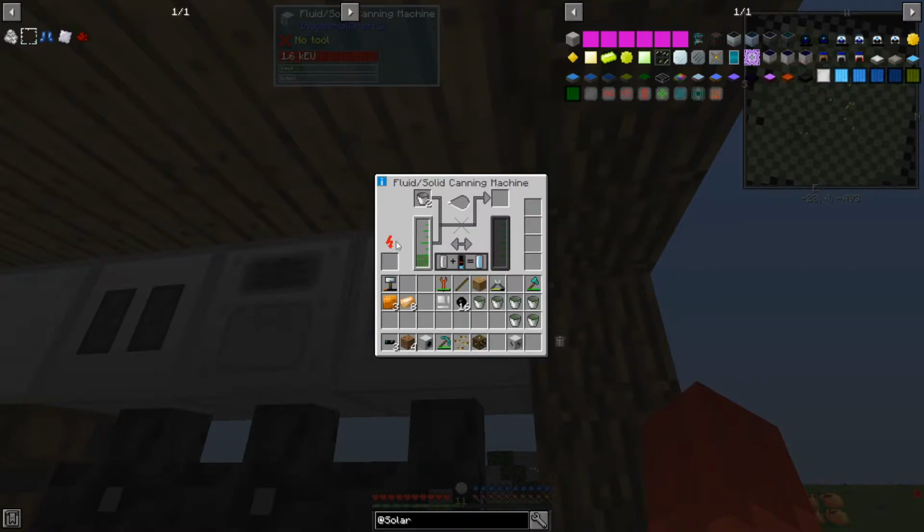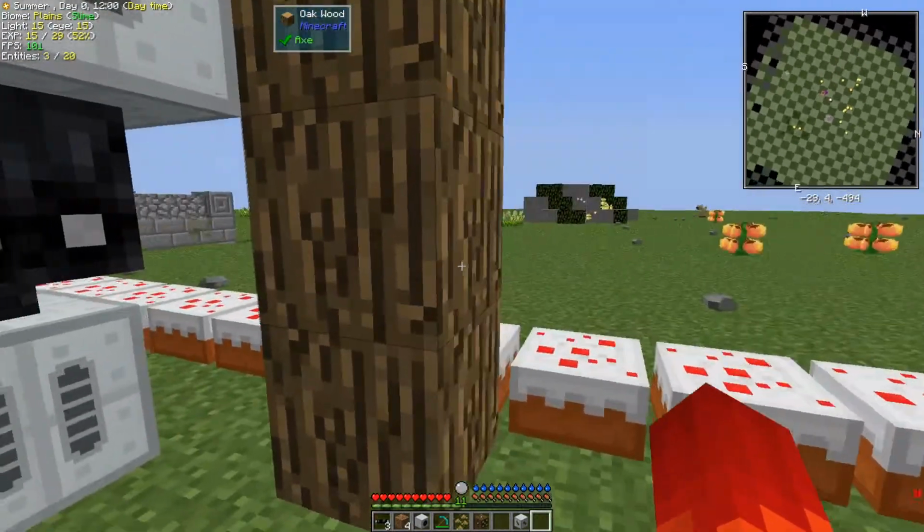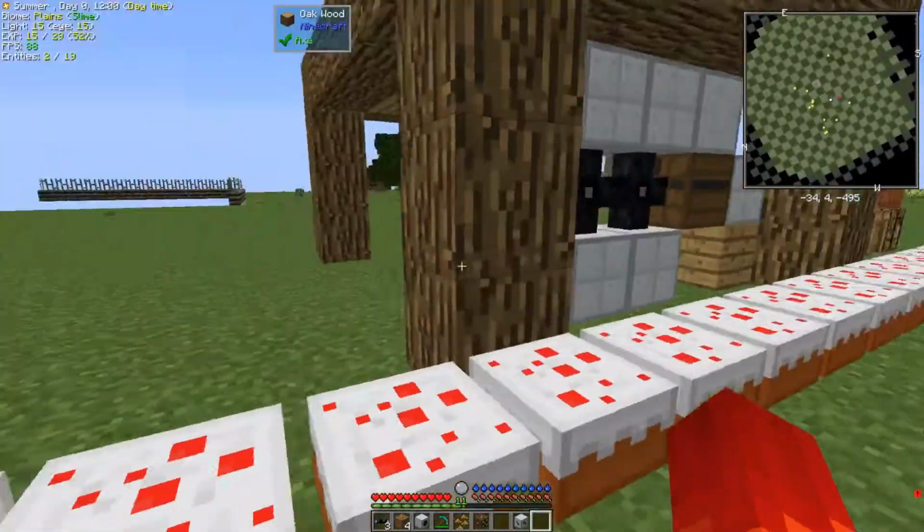Now, what we're doing is we're pulling the biomass that we made in the previous episode out of our fluid-solid canning machine. So we're going to have 8 buckets of biomass. And once that is done, we are going to start building a couple things. First thing we're going to need is a heat generator and a fermenter. I have our 8 buckets of biomass, but what I'm going to do is hop over my